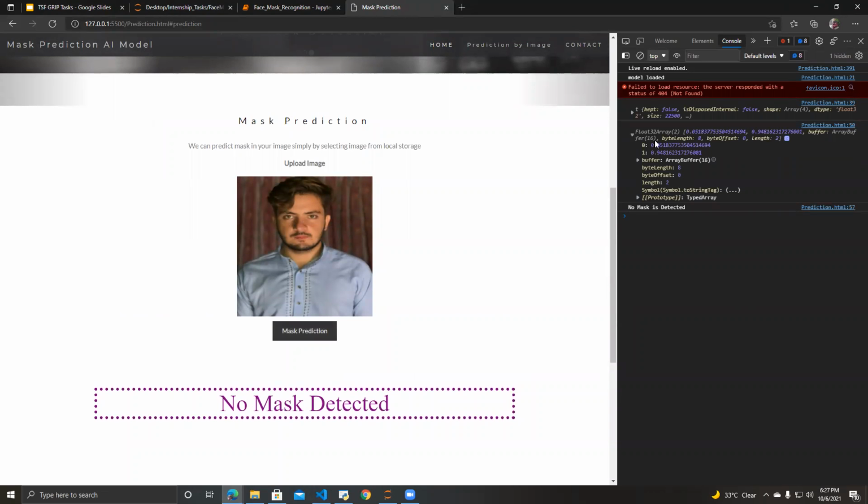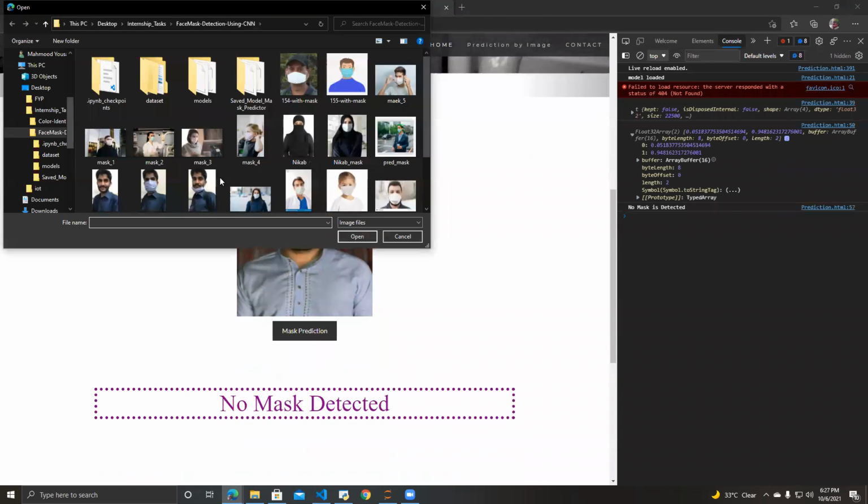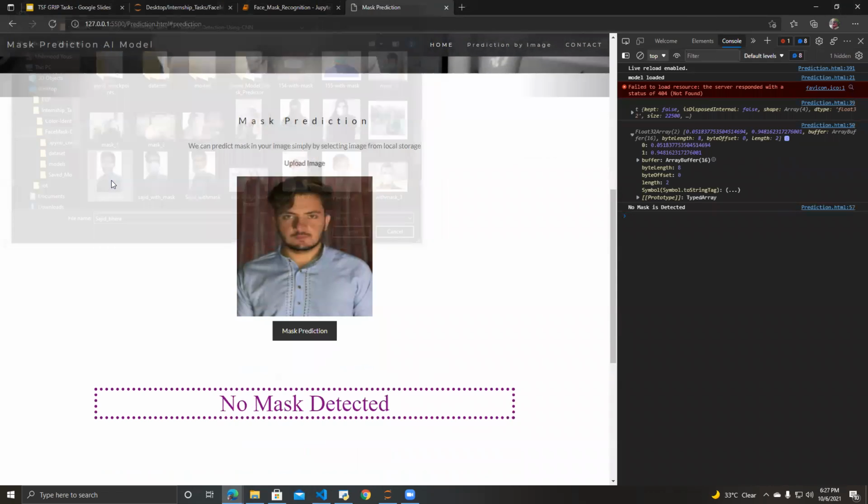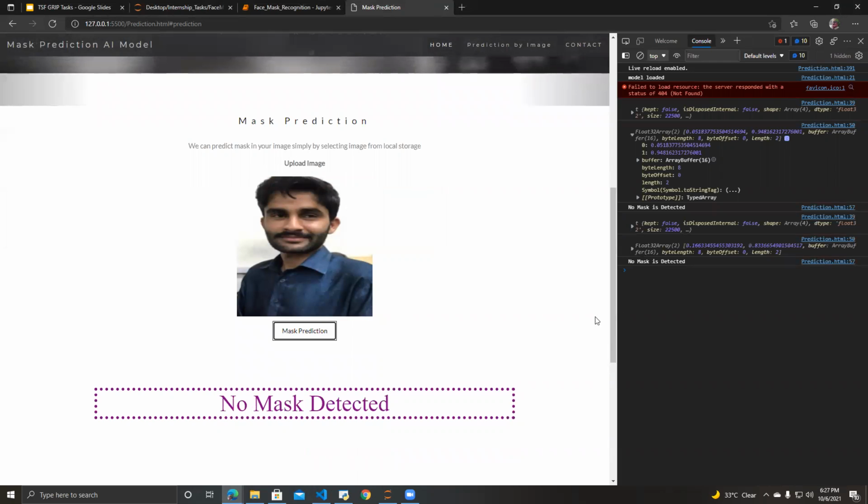The value shows 94% for no mask. Let's predict another one. Here is again no mask, about 83% for no mask.